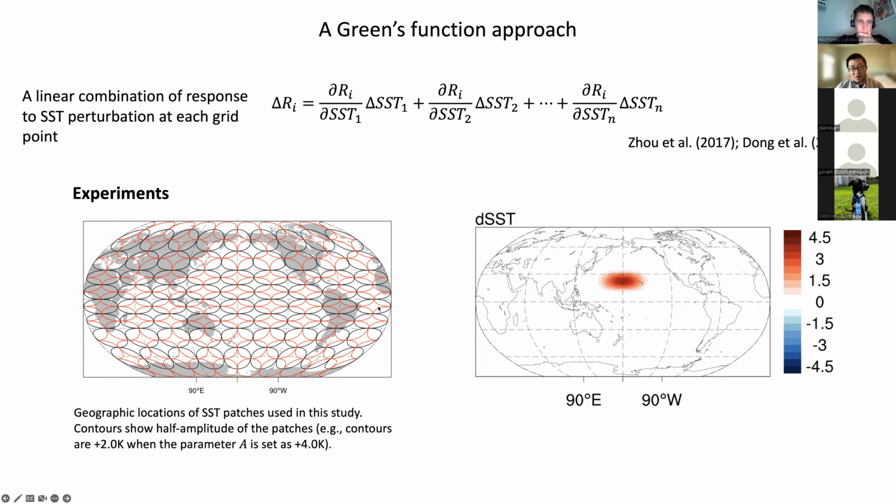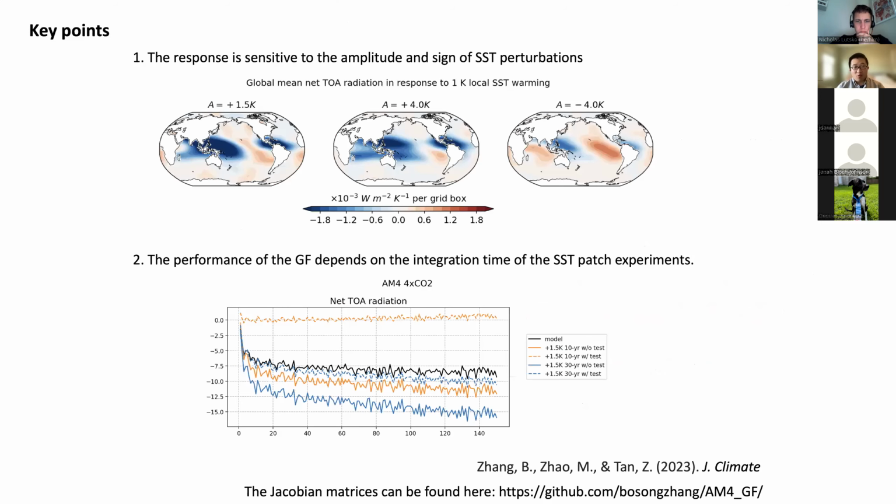Here, the 2 figures show the location of the idealized SST patches. With these experiments, here are some key results. So in general, our results are consistent with previous studies. For example, if you look at the net radiation in response to SST perturbations, you can see over the deep convective regions like the Western Pacific, there is very strong radiative cooling in response to the SST